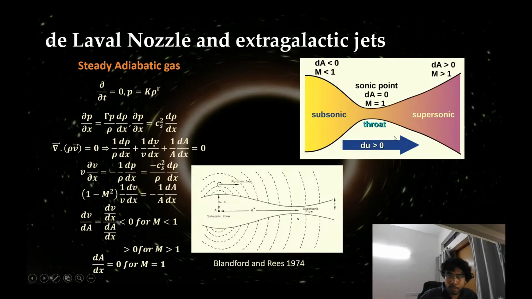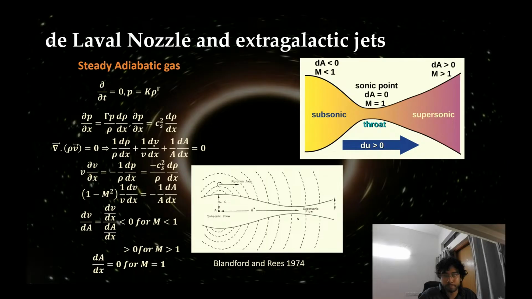So in the subsonic region, dA is negative, because we are accelerating the fluid. Because dV is positive always, and in the throat region, dA is 0, right? And in the supersonic region, dA is greater than 0, as dV is always positive, because we are always